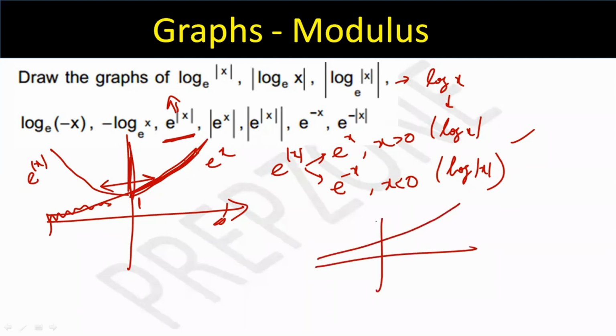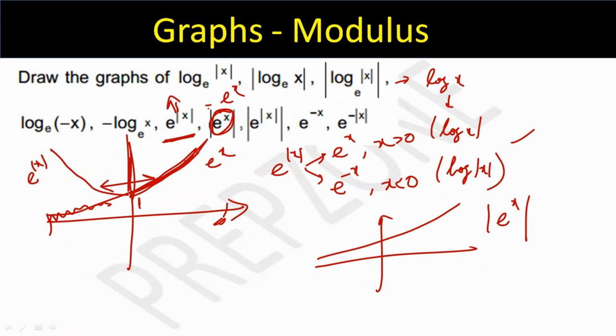So in mod, what do we do? Whatever the negative part is, we shift it above the x-axis, right? But because here there is no negative part at all, because e to the power x is always positive, this is the same as e to the power x. So the graph remains exactly the same. There will be no change whatsoever. Okay? Next was